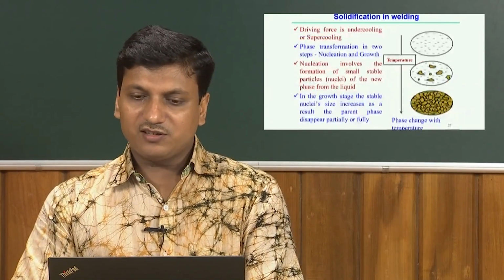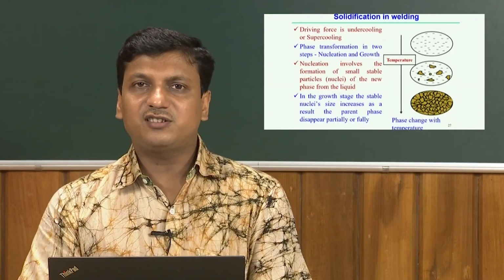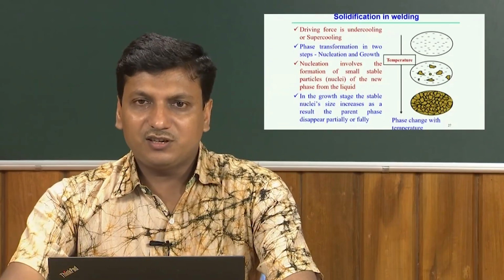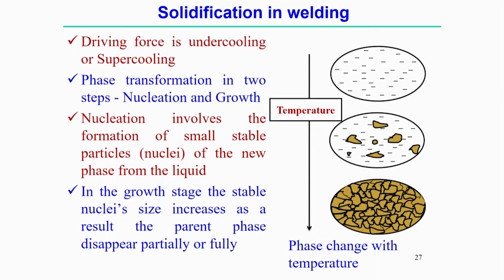Now, we look at further analysis of that, the basic understanding of solidification in the welding process. How does it happen in the solidification process? In this case we will just look at the solidification of a pure metal. Here the driving force is mainly undercooling or supercooling. We will come back to the analysis of undercooling and supercooling. In this case the solidification mainly happens in two phases. First is the nucleation, and then subsequently